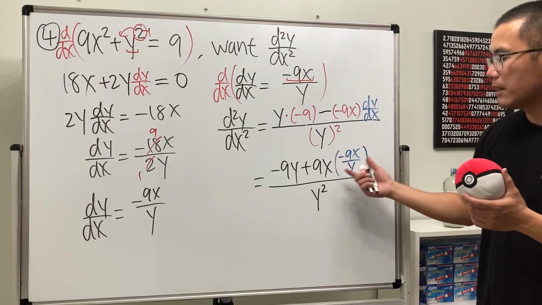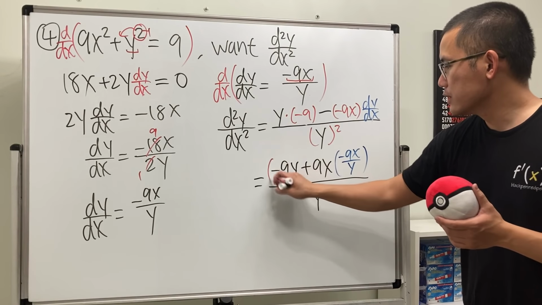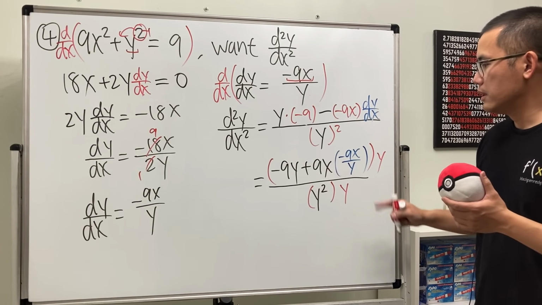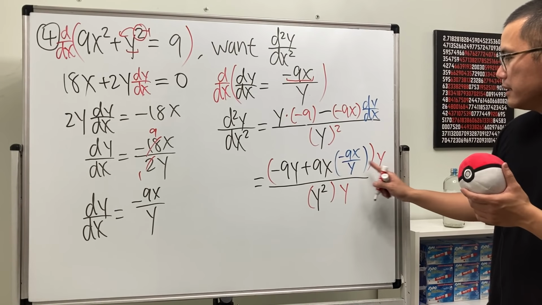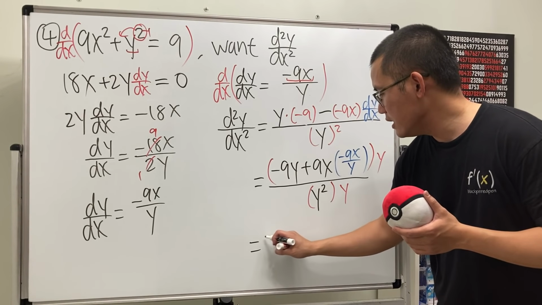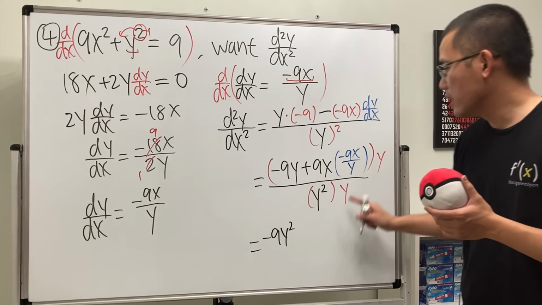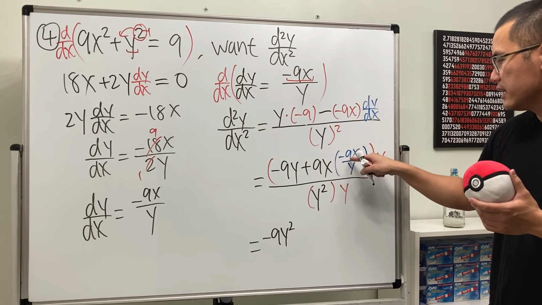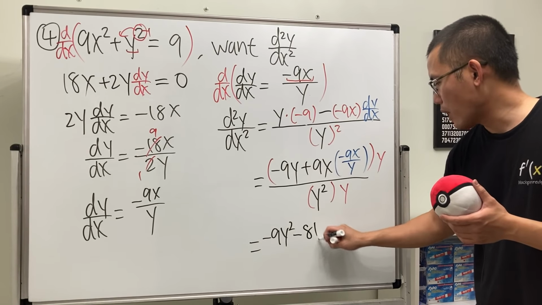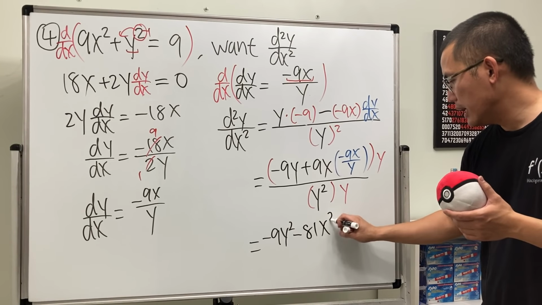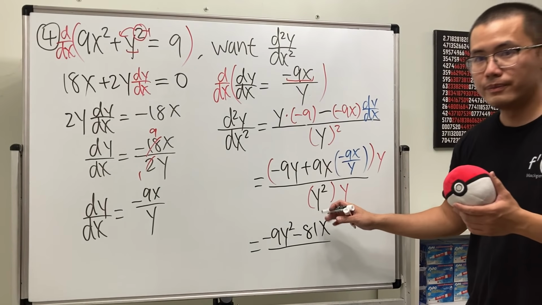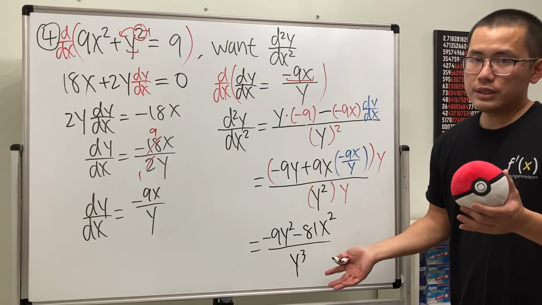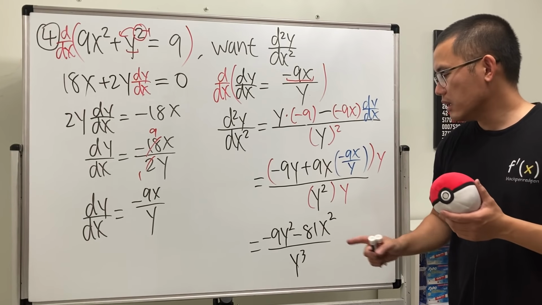Okay, we have a little complex fraction. It's okay, because we can just multiply the top and bottom by y. Multiply this and that, we get negative 9y squared, and then this times that, they cancel. Positive 9 times negative 9 is negative 81, and then x squared, and the bottom here is y to the third power. It looks like we are done,